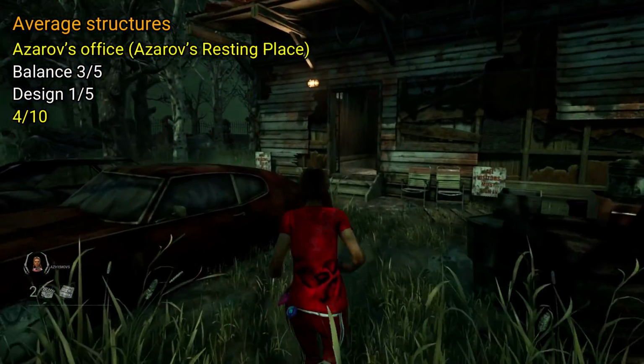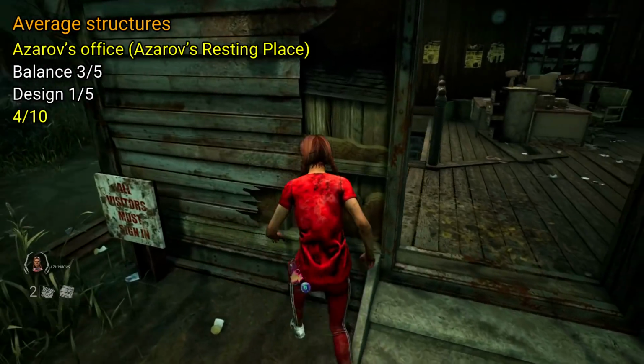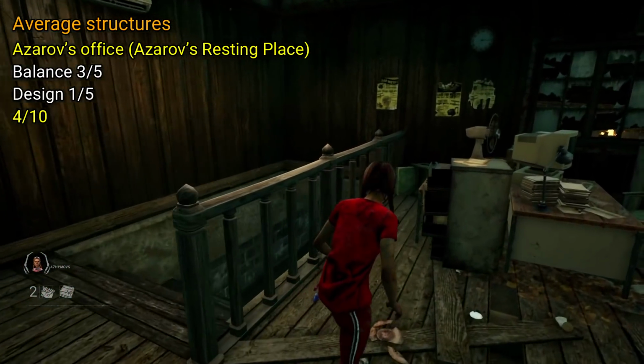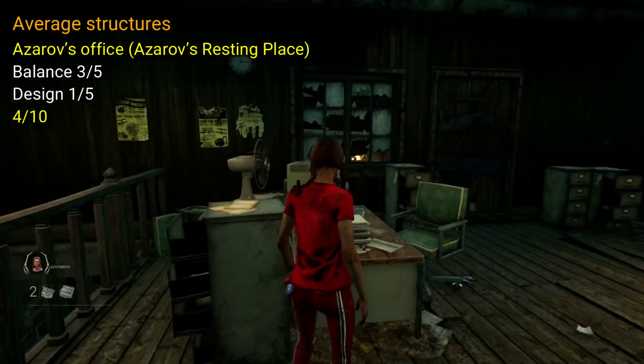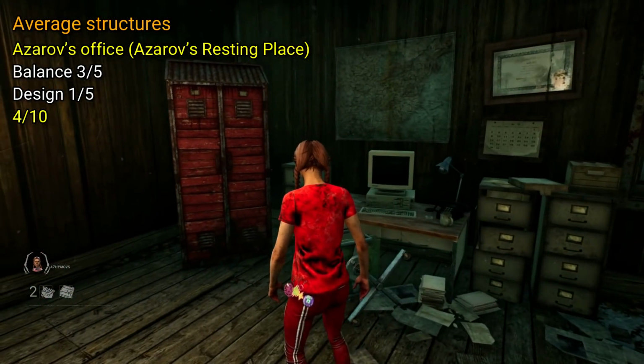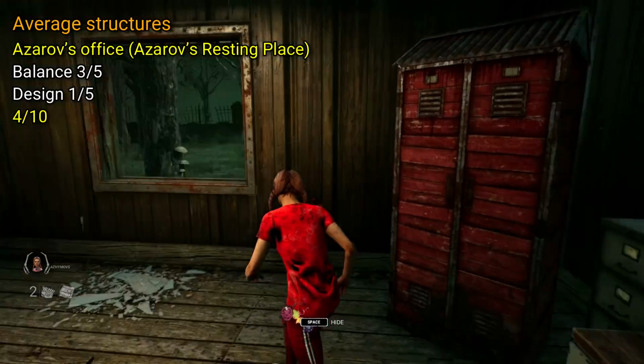Next up we have the rather underwhelming office found on AZHYMOVS resting place. I don't really have much to say about this structure. It's kinda balanced, I guess. In some ways it's like having a second shack on the map, which can kinda suck for killer. Then again, there's also a breakable wall which makes the loot pretty weak, so I think it's somewhere in the